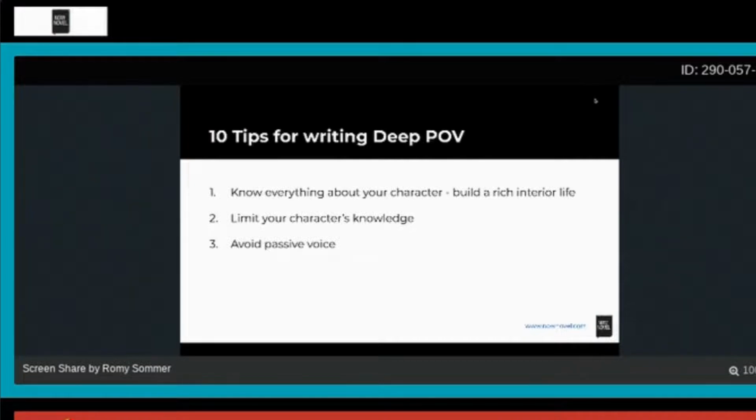The foreman is not the subject of the sentence. The contract is, and it's being acted upon by the foreman. So the contract is actually being passive. And if you were to rewrite that in a more active voice, you would change the subject around and you would make the subject the active person. So you would say, the foreman signed the contract. So if you're wanting to write in very deep POV, try and avoid writing in passive voice.